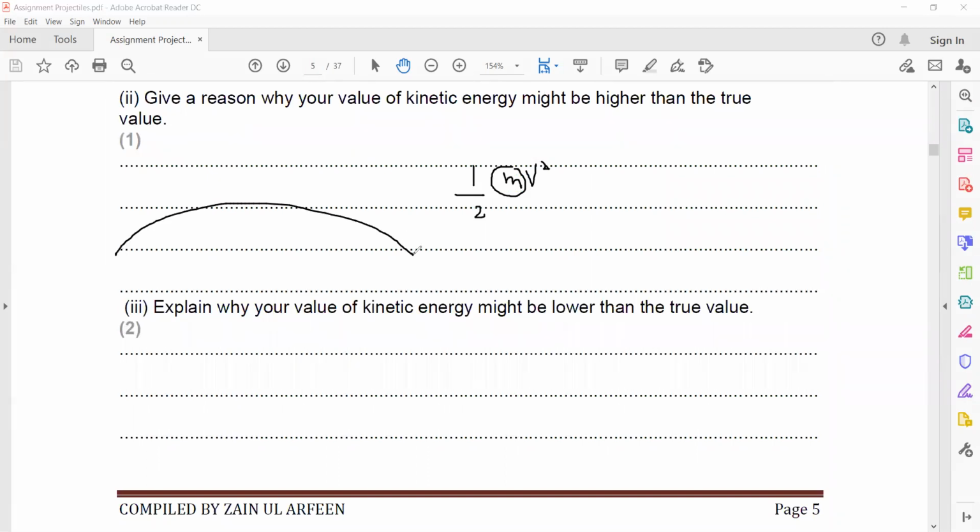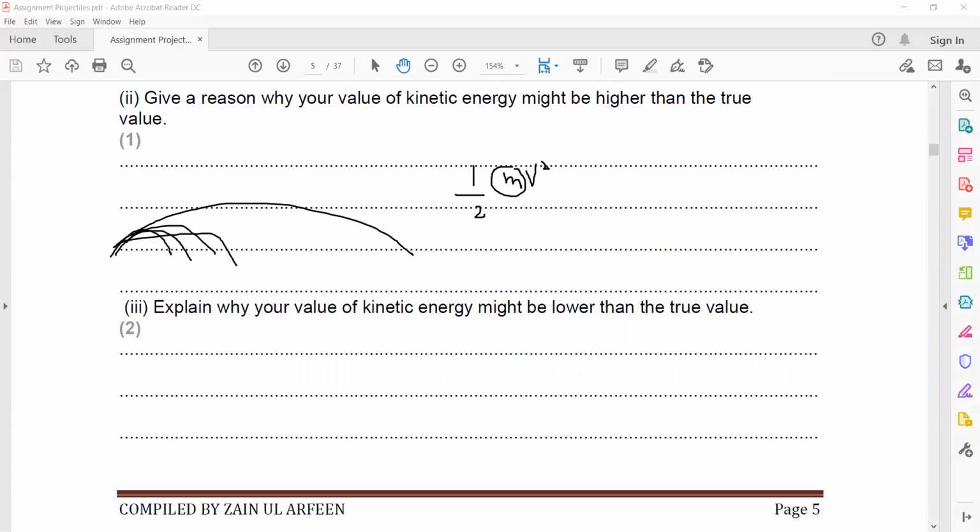But maybe what happened is that not all of the mass, or not all of the liquid, transferred to that same distance. Some of the liquid fell closer to this bottle. So why will your answer be higher than the true value? What could be a reason? Some of the mass of the liquid remains and does not